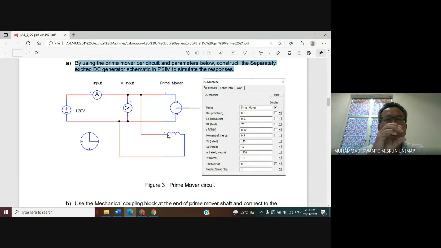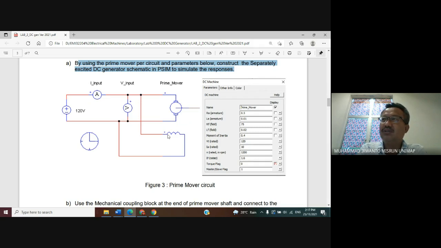Prime mover means the thing that rotates it. If we are at a power plant, for example a water power plant, the rotor of the water power plant is connected to the water turbine. What makes it rotate? Water. The water is the main energy to move the rotor of the water power plant.